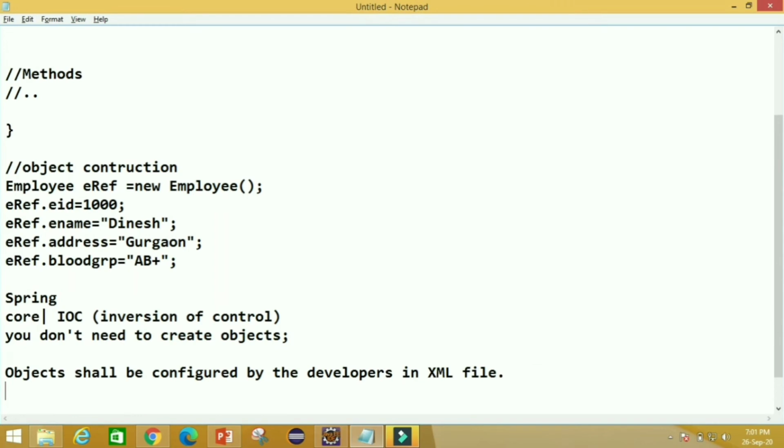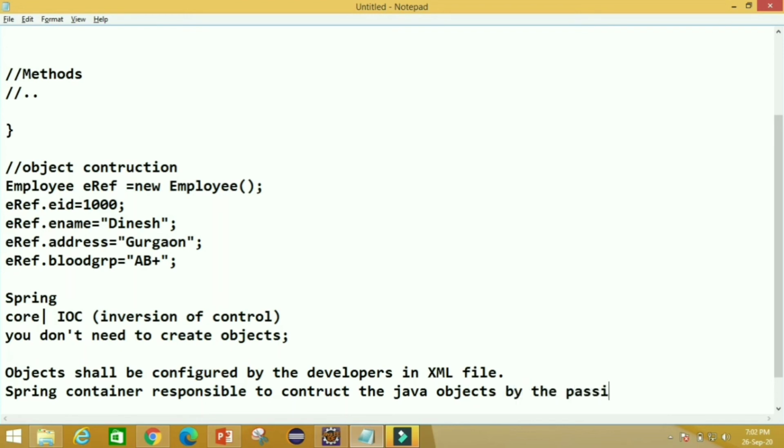Now we have a Spring container which is responsible to construct the Java objects by parsing the XML file.